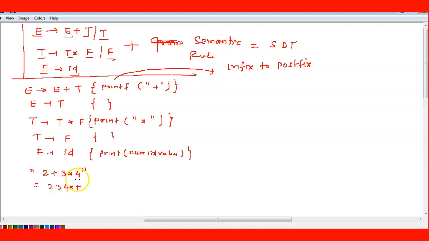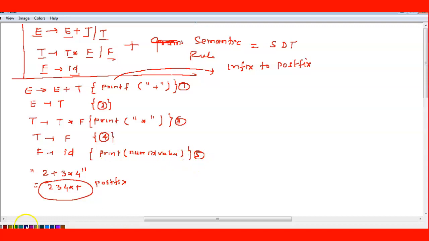Because first will be a star only, no? So this will be your corresponding postfix. So let's see, by executing this now, this grammar with the set of rules, it's able to do it or not. Getting here? So what I will do here, I will write the numbering of these rules which I have written here. This is rule number 1, this is rule number 2, this is rule number 3, rule number 4, and rule number 5.